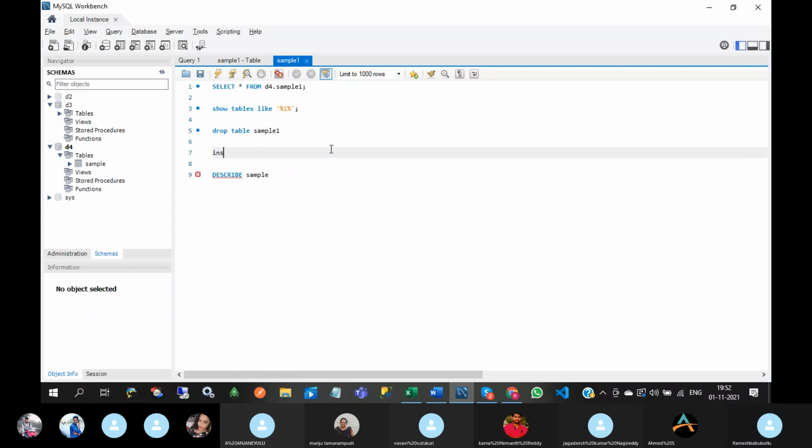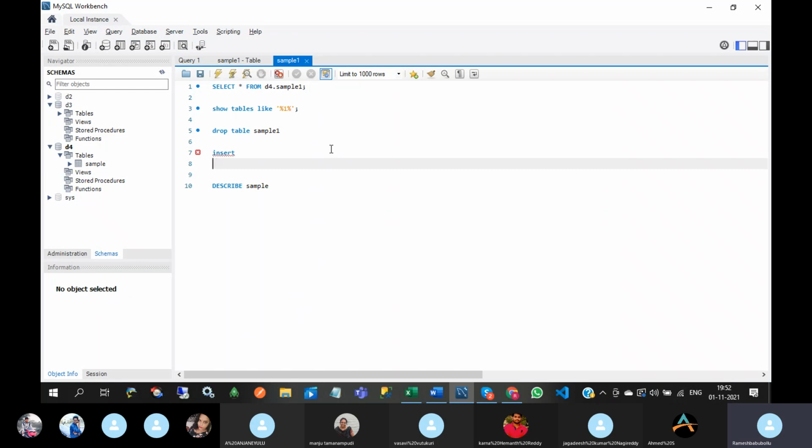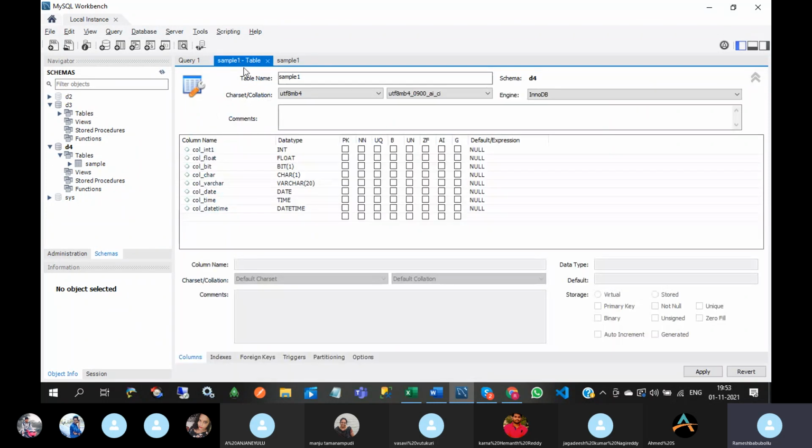Insert, update, delete, truncate. So what is the structure, the columns?